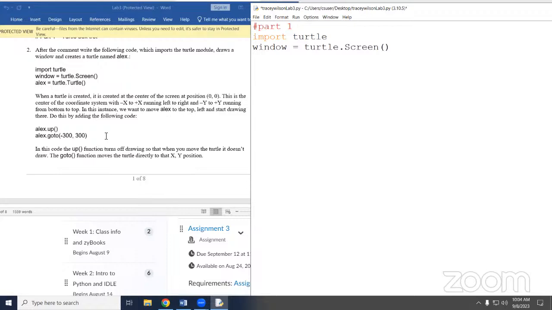And we really haven't talked about this much, but the reason it's turtle dot screen is because we want the turtle class to call the function screen from inside of itself, or the turtle module. Does that make sense? So we imported it. Now we want to use a function from there. So we're going to say turtle dot whatever the function is. It'll make more sense as we go along, promise.